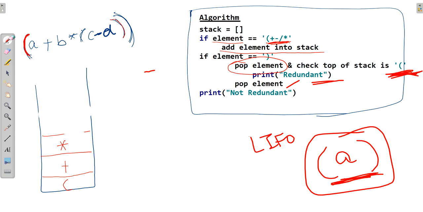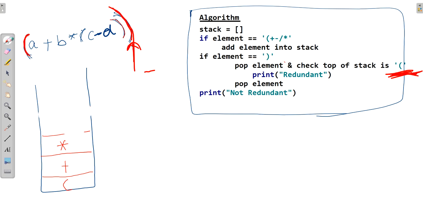Now again it will iterate and we will have our arrow at the last closing parenthesis. So now it will check whether the element contains an opening parenthesis. No, it's a closing parenthesis. So it will go to our if condition and will pop the element.